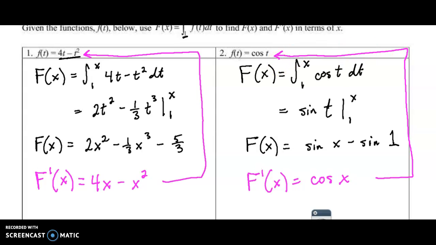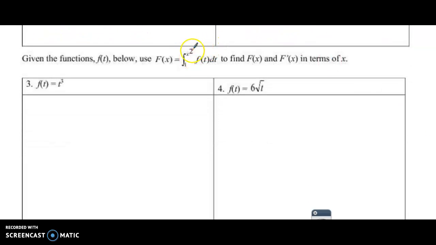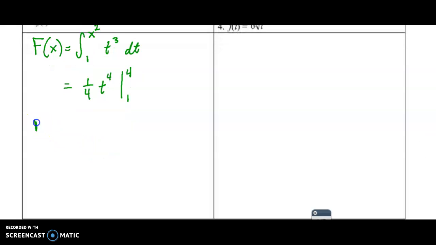So we're getting close to the second fundamental theorem of calculus. The reason why we're not quite there yet is what if this exponent is slightly different? Let's see what happens. Well, if I did the same steps and I found out that F of x is equal to the integral from 1 to x squared of t cubed dt, well then the antiderivative of that would be 1/4 t to the 4th power from 1 to x squared. And then if I plug in those values,